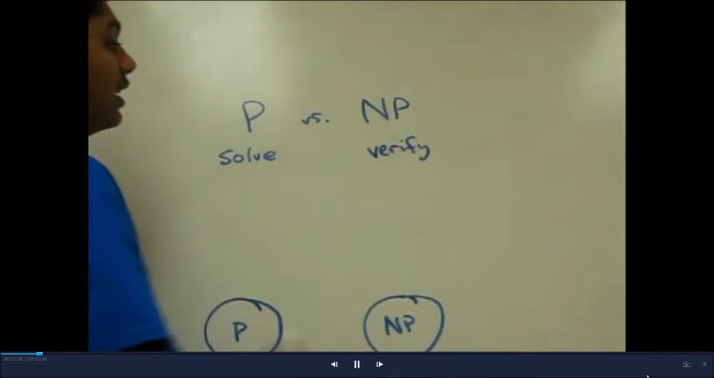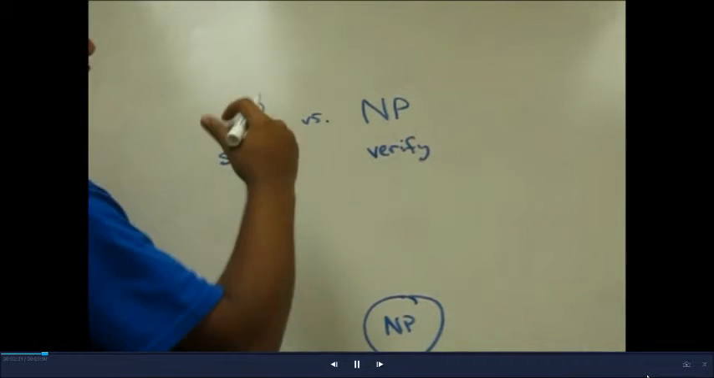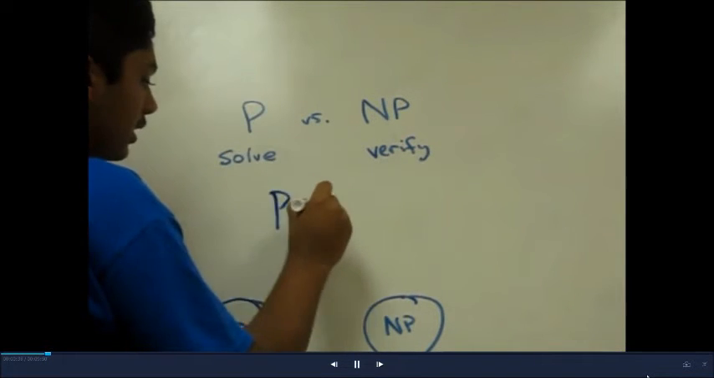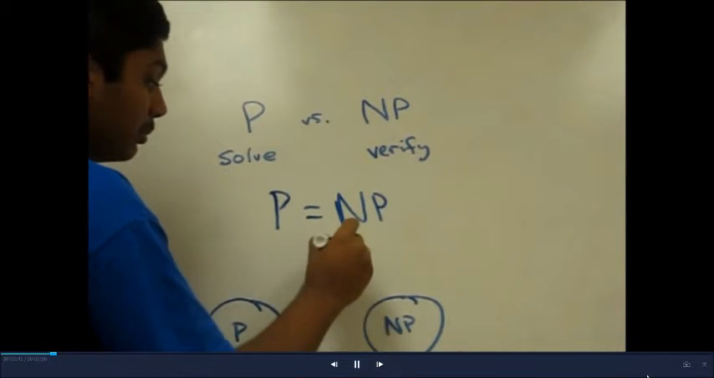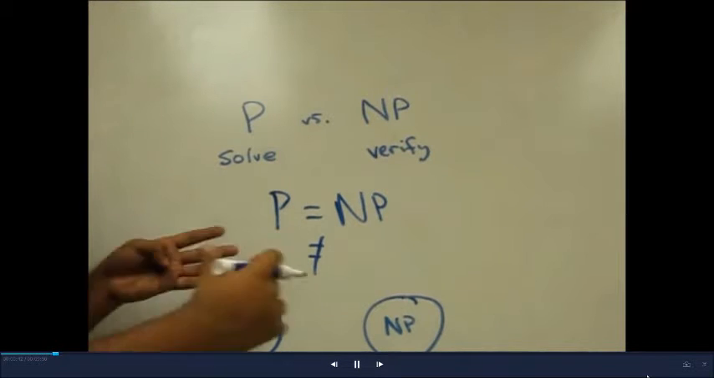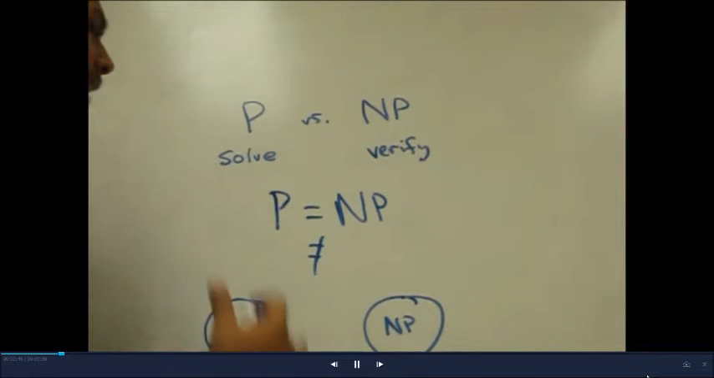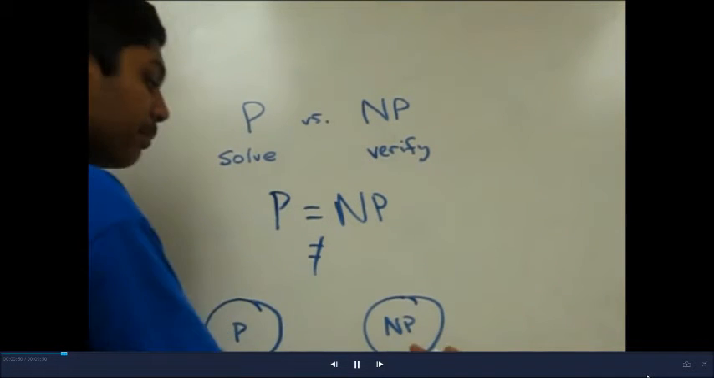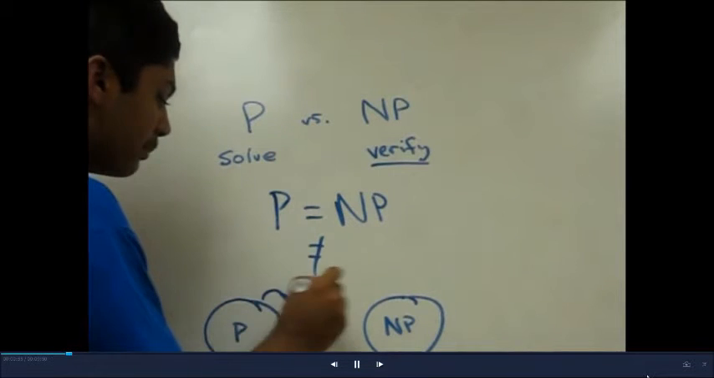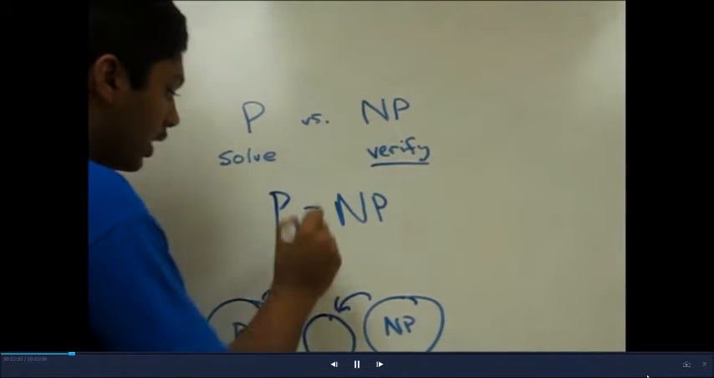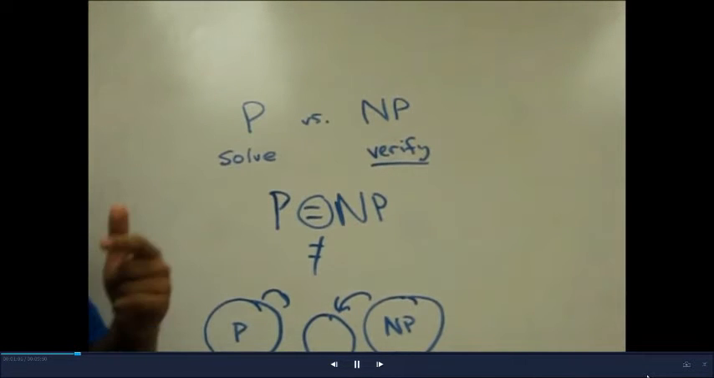P versus NP, or solved versus verified, is a major unsolved problem in computer science revolving around the equation P equal to NP, or if P is not equal to NP. What P versus NP is trying to show is if P, all problems that can be solved quickly, and NP, all problems that can be verified quickly, are actually in the same bubble, if they're both equal. But before we can get to all of P versus NP, we first have to understand the